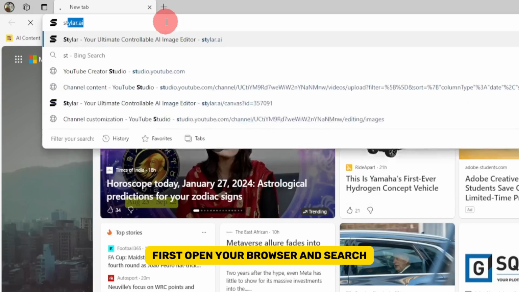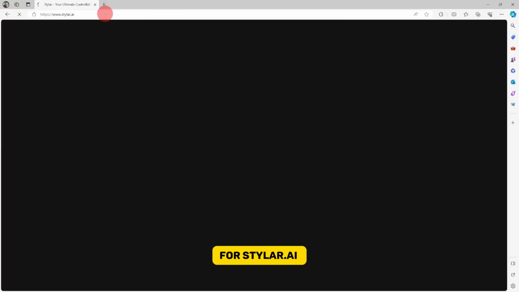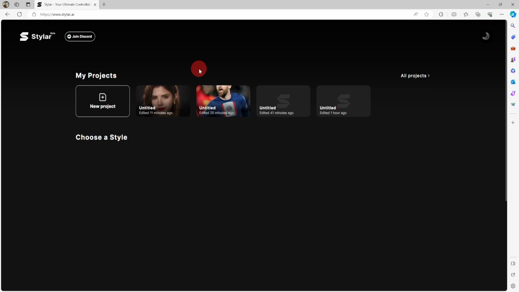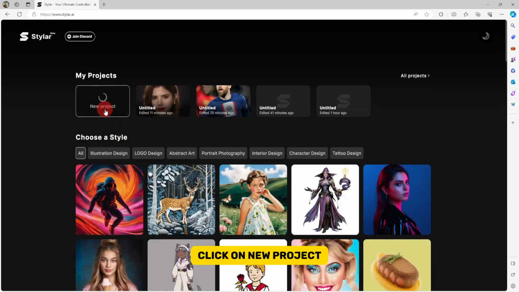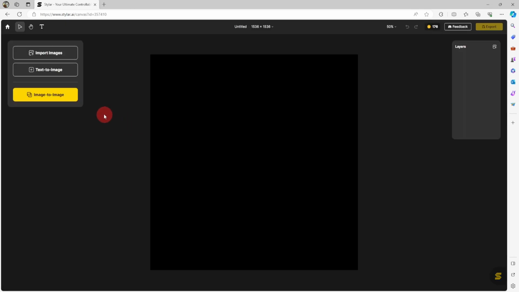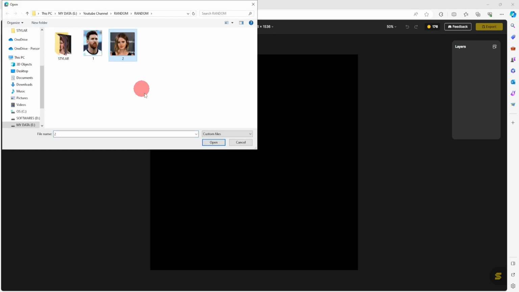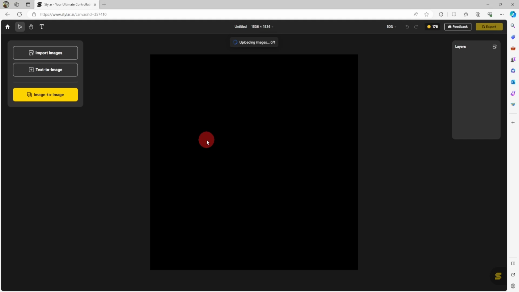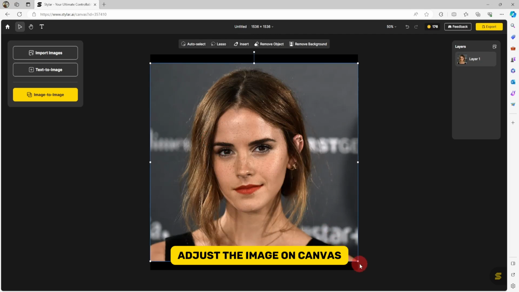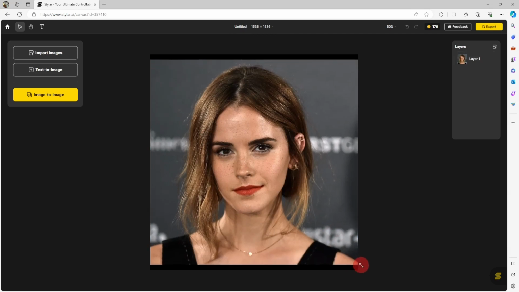First open your browser and search for styler.ai. Click on new project, import images, import image, adjust the image on canvas,